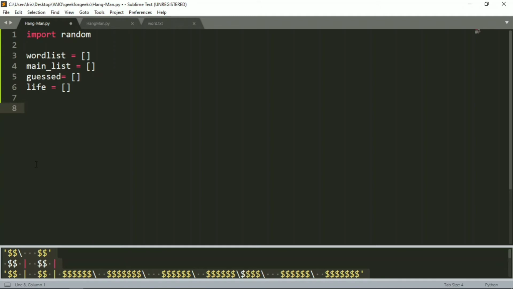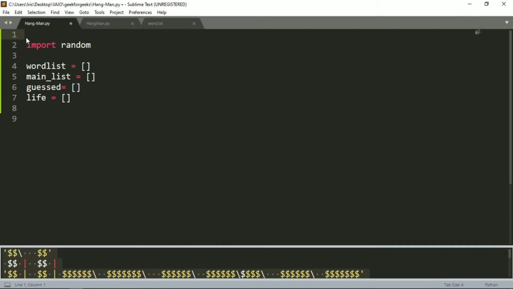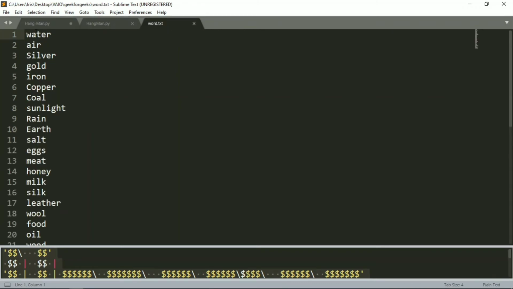Okay, so I have written my lists, and let me also include comments in the program, so it would be easy for you all to understand. So this comment will be my modules. Okay, and I'll just name this as lists for the game. Simple commenting, nothing complicated. Okay, and now we will go to the next part of this program, which will be file reading, that is obtaining the random words from the word text file.